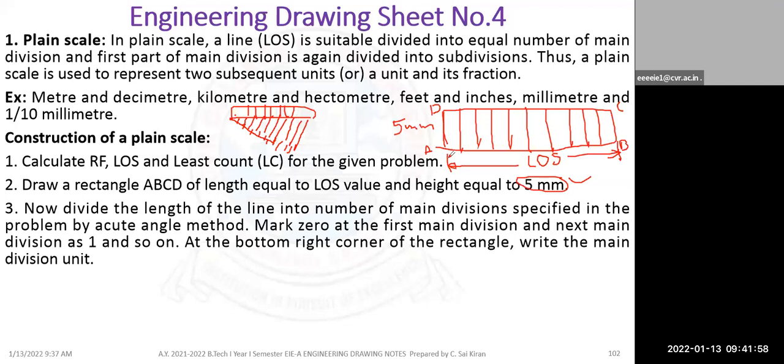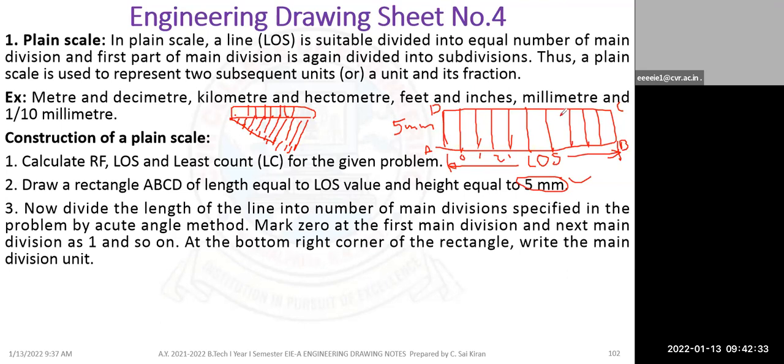Generally we mark the first one as 0, then 1 2 3 4 5, but in this case the first one you have to mark as 0. Why? Because we consider this as our main division. Otherwise we would have to divide all of 1 to 2, 2 to 3, every division. So instead of repeating the work, we divide only 0 to 1. That's the reason we mark it as 0. Next will be 1 2 3 4 5 6, like that till you get 14.